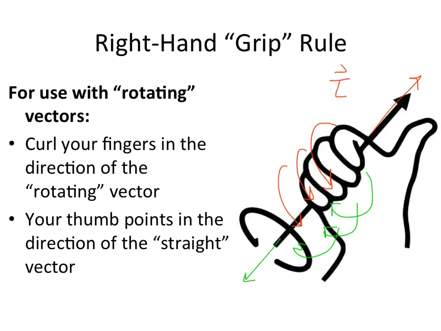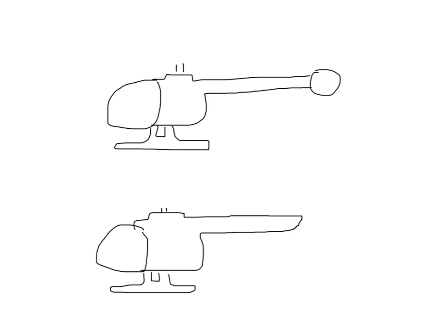All right. A way to think about this, and you don't even need to draw this, but I'm going to illustrate this, is in terms of helicopters. All right. So I drew two helicopters here without blades. Now most helicopters have one set of blades on the top, okay? So I'm going to try to draw this at an oblique angle, all right? So looking down on top of it,